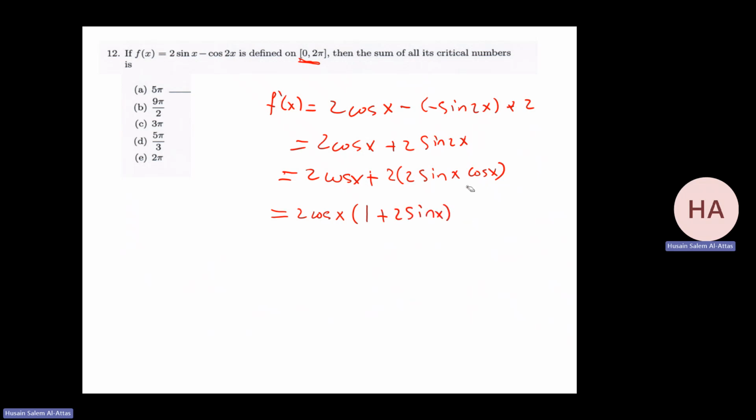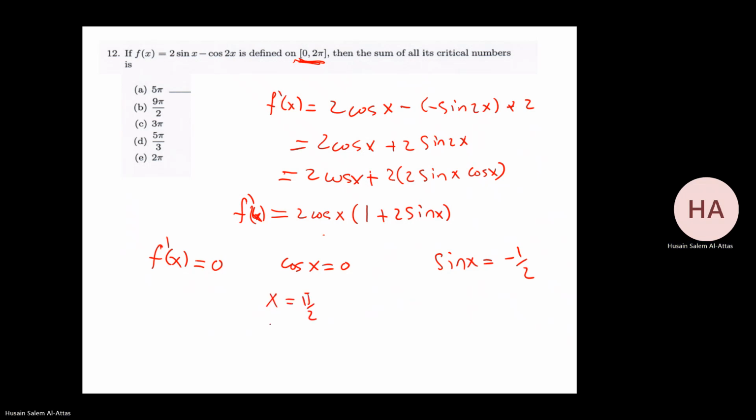This is f prime, and it always exists. We have no problem of f prime not existing, so I'm concerned only about it being equal to 0. So I have cosine x equals 0 or sine x equals minus half. I have the full interval from 0 to 2 pi. When cosine x equals 0, I have x equal pi over 2 and x equal 3 pi over 2. When sine x equals minus half,